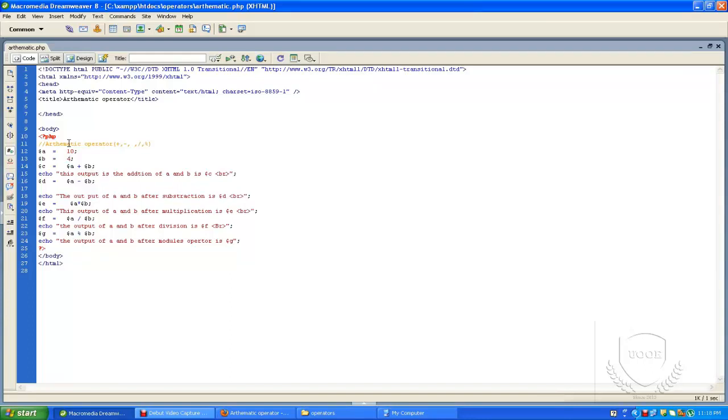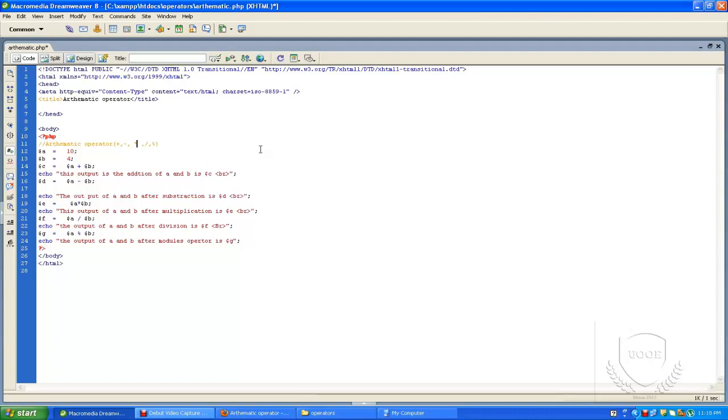So these are the five supporting operators of the arithmetic operator. By using this arithmetic operator, we can perform mathematical operations. Mostly in our applications we use such operators, because applications contain addition, multiplication and subtraction.